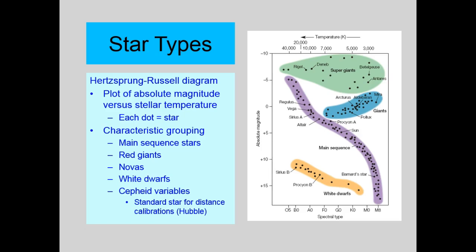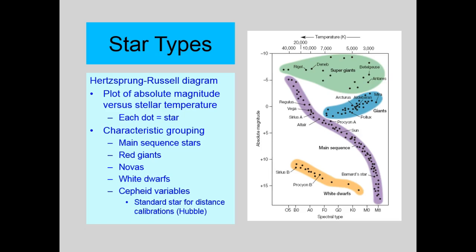So the plot of absolute magnitude versus stellar temperature: what Hertzsprung and Russell did was plot each star by their temperatures and by their apparent magnitude, and then they grouped them. They saw a bunch of them act like this, and they seem to be similar to each other. Some like this, some like that, some like this. Okay. So purple is the main sequence stars,